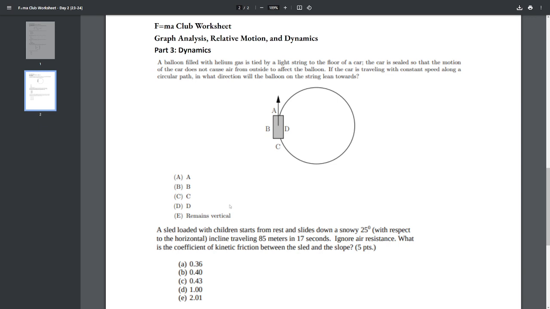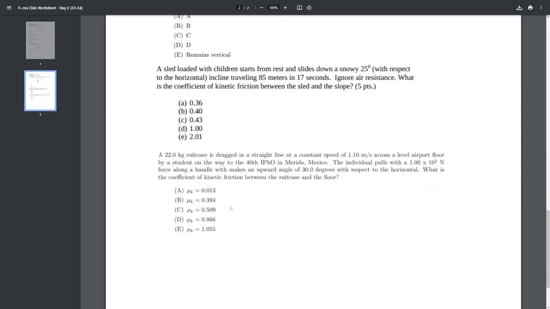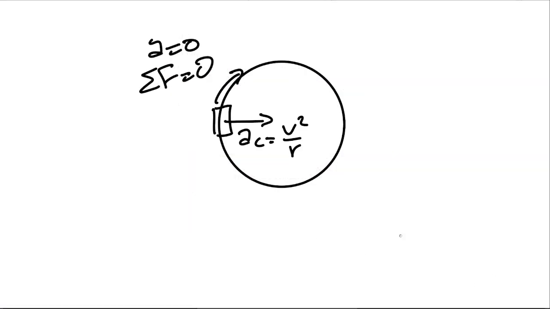All right, next. A sled loaded with children starts from rest and slides down a snowy 25-degree incline, traveling 85 meters in 17 seconds. Ignoring air resistance, what is the coefficient of kinetic friction between the sled and the slope? All right, so this is a box on an inclined plane problem. Hopefully the kids aren't in the box, but